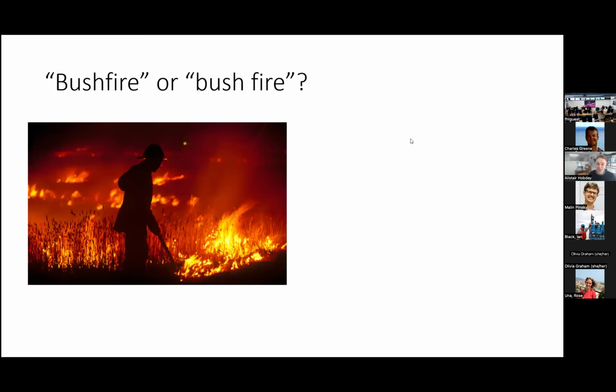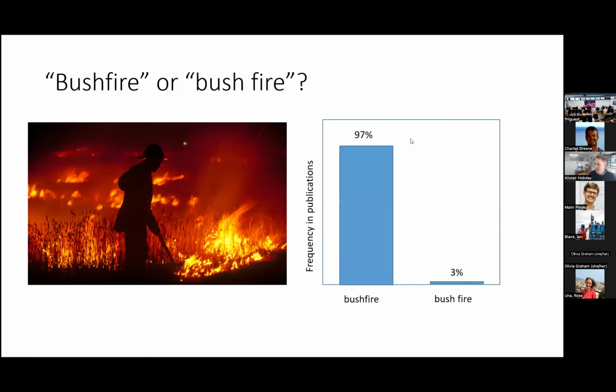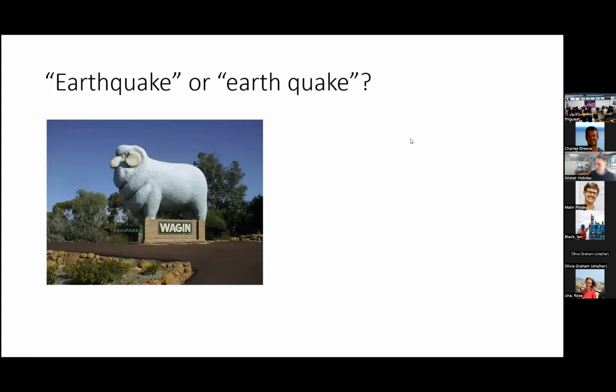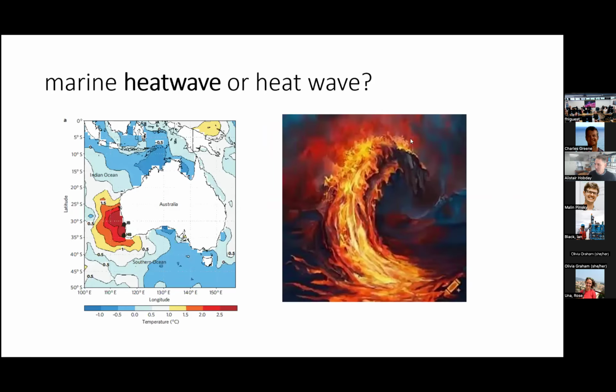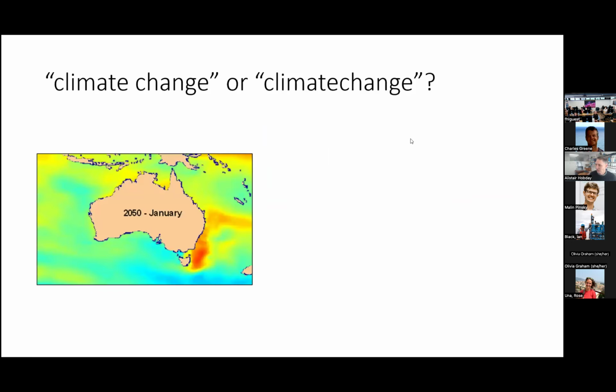And I'll give you the analogy. In Australia, bushfire is a compound word. It describes an extreme event. And that's overwhelmingly used as a description of how to talk about a bushfire. Earthquake's a single word describing a disaster. We don't use the 2-word version of earthquake anymore, even though that's how it originated. That's basically 100% usage around the world as a single word. And so again, stick with marine heatwave as a single word. Doesn't work all the way. Climate change is still 2 words, but maybe in future we'll see climate change become a compound word.